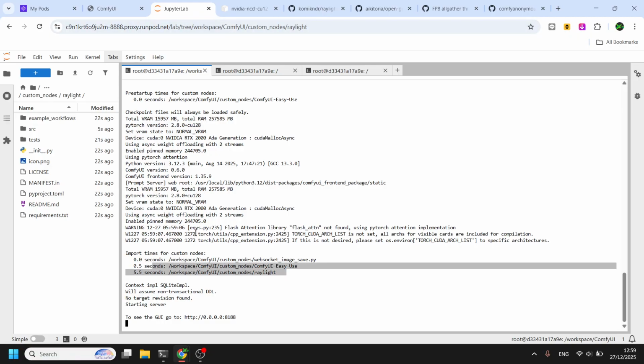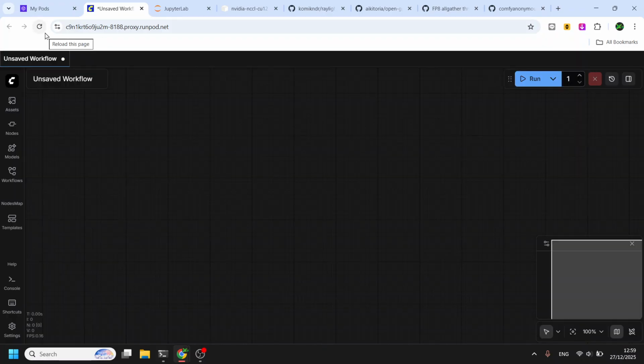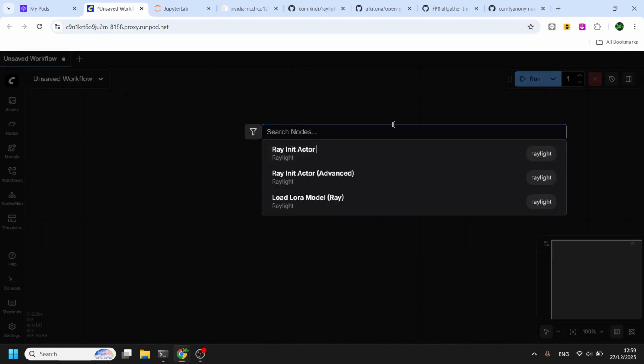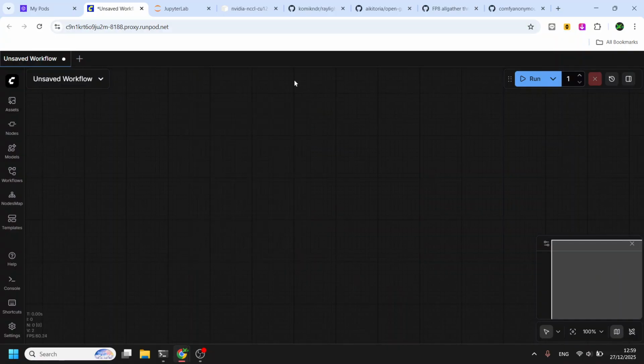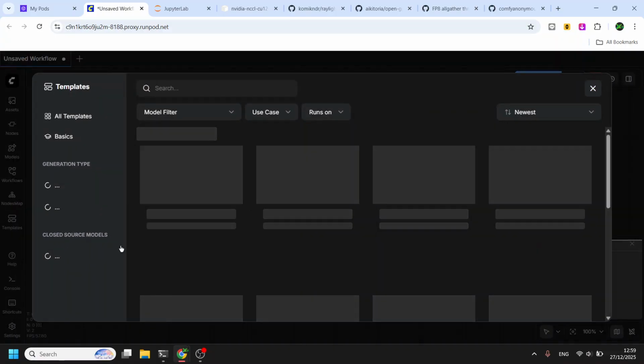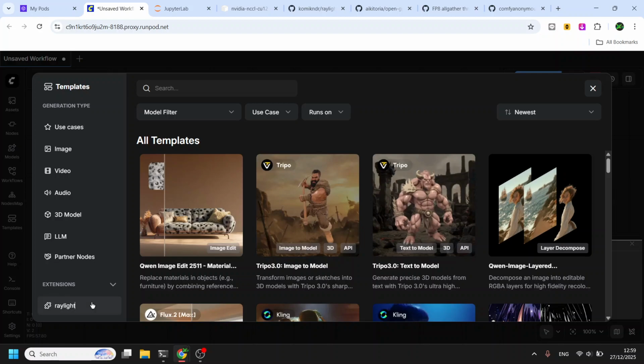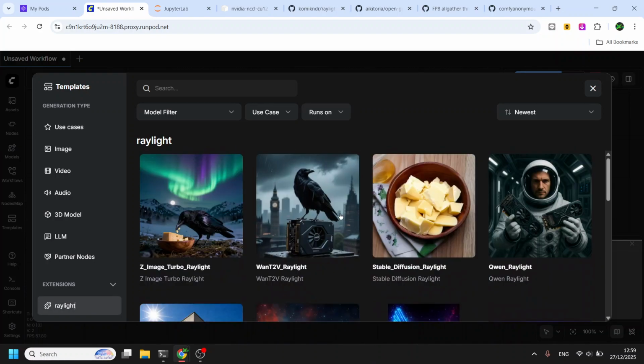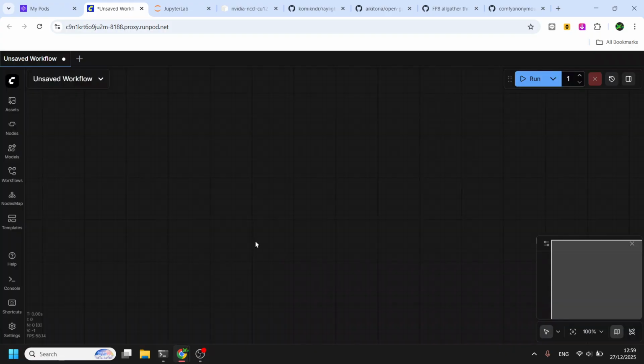Okay, Raylight. We open Raylight. Okay, Ray Init Actor, the core part of Raylight, enable. Also you can open the template window and browse already pre-built workflows. Basically, we are going to use the Wan 2.1 T2V Raylight workflow.